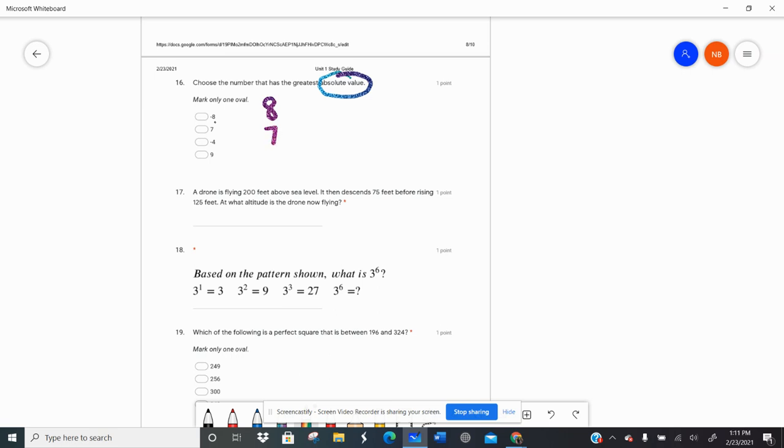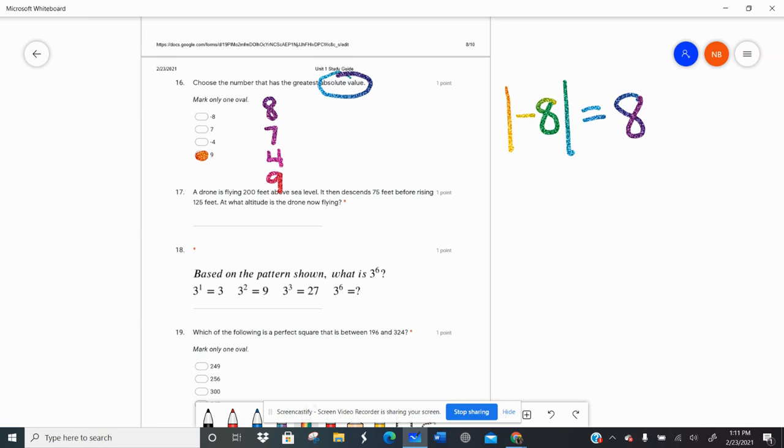The absolute value of -4 is 4. And the absolute value of 9 is 9. So which one of those is the biggest number? 9 has the biggest absolute value. 9 is the farthest from 0 in terms of these numbers, right? So that's all that means. Absolute value, remember, I write it with those little jail things. Absolute value of -8 equals 8. The answer is always going to be that positive number. All right, let's move on to